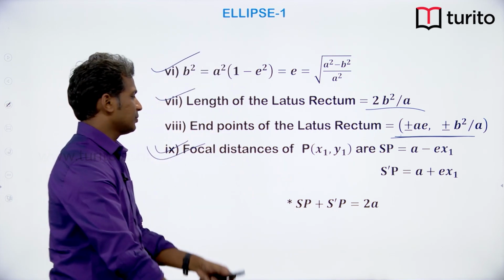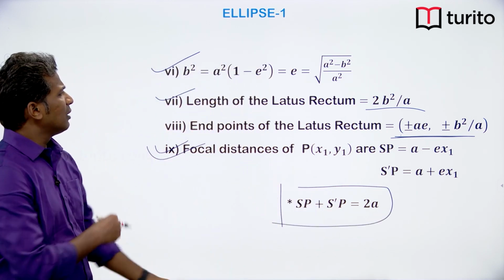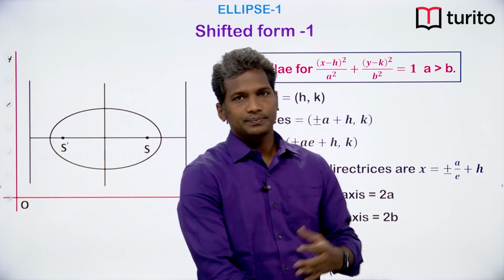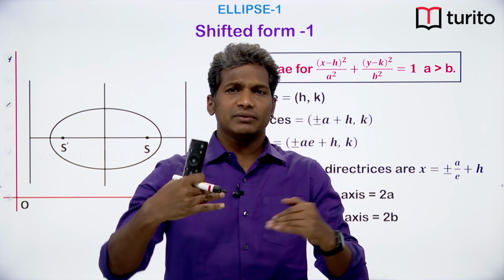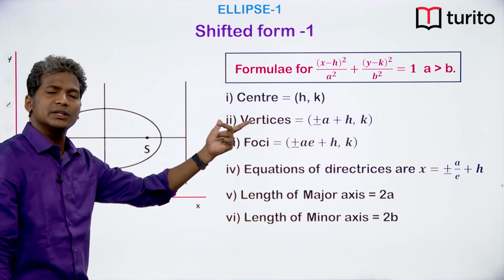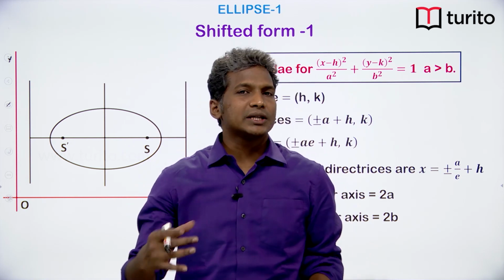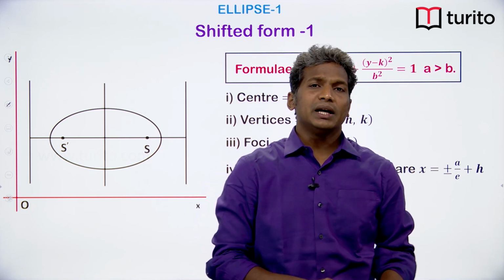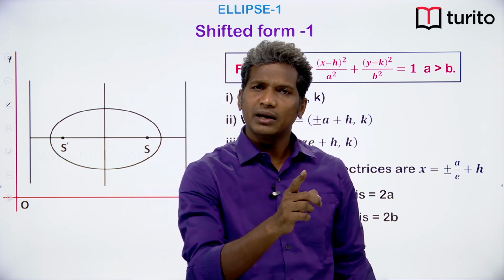So this is the standard terminology, and there is this property which is always satisfied. Now what happens if we shift this ellipse to some other location, but while keeping the axes parallel to the x and y axis? If I shift the ellipse, then what happens to the equation and also the coordinates? So remember this thumb rule, whenever we shift the origin to a point, let us say h comma k, then in the equation in place of x, x minus h comes, in place of y, y minus k